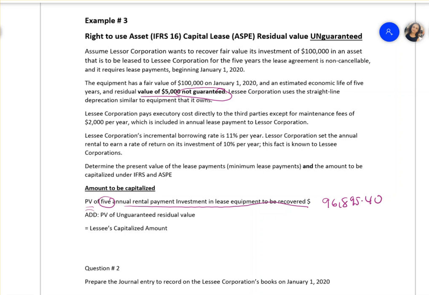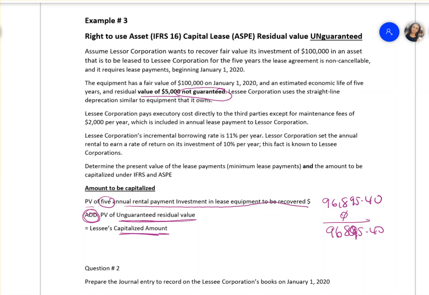And then what we're going to do is add the value of the unguaranteed residual value. If it's unguaranteed, we don't do anything with it, so we make that 0. The lessee will capitalize it. Only if the residual value is guaranteed, then we have to add it, otherwise we do not need to add it. So that will be